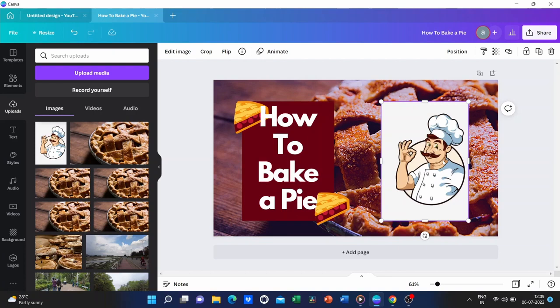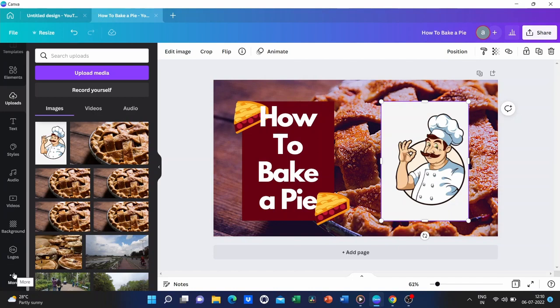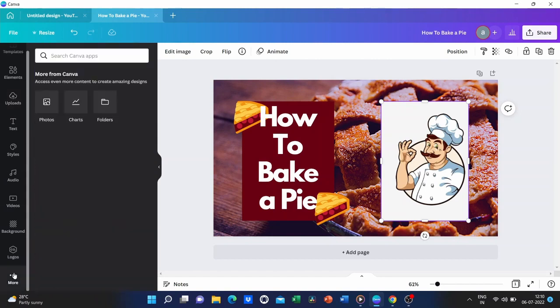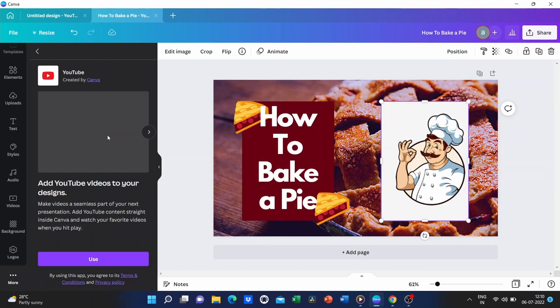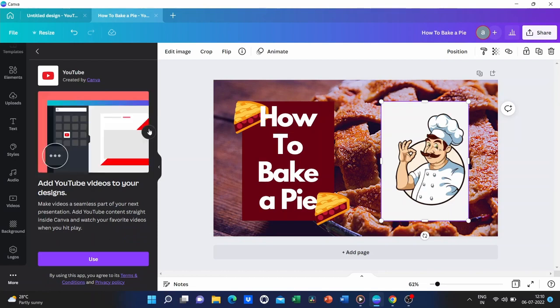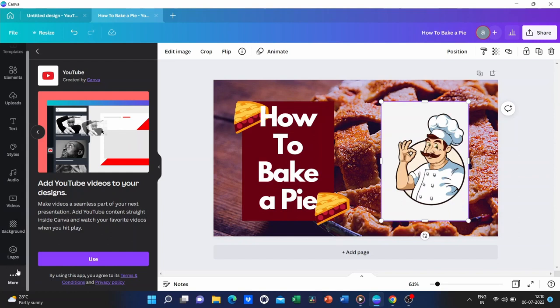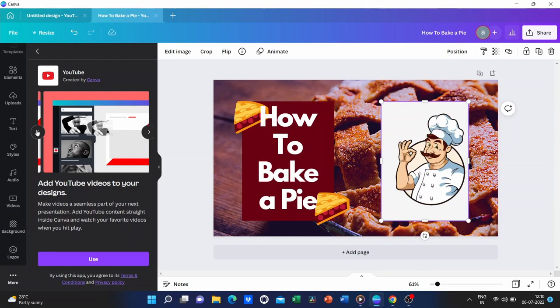Now, if there's certain content that you actually like, such as certain photos and background videos, you can like them and then access them where your likes are. And then finally, if you click on more, you can also add other external components. For example, going on the YouTube video, you would just search for the video once again. There are some interesting things trending, but we're not going to be adding any YouTube videos.